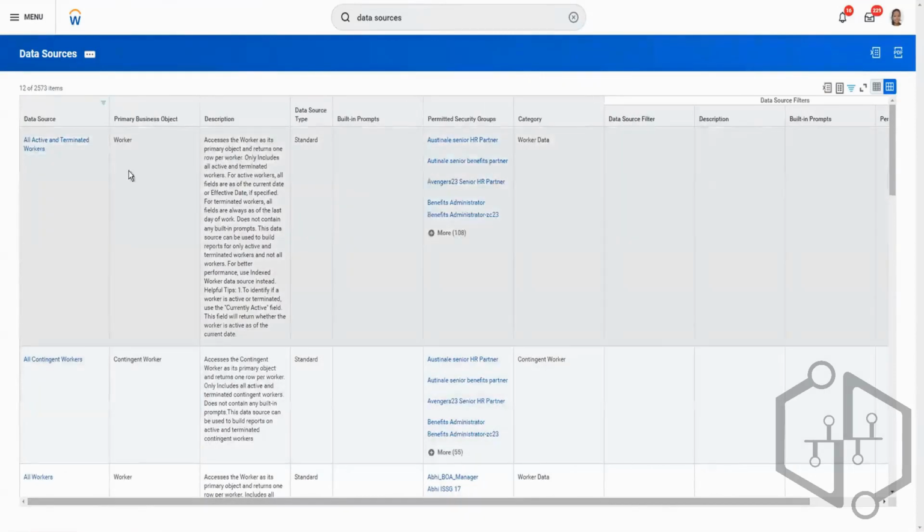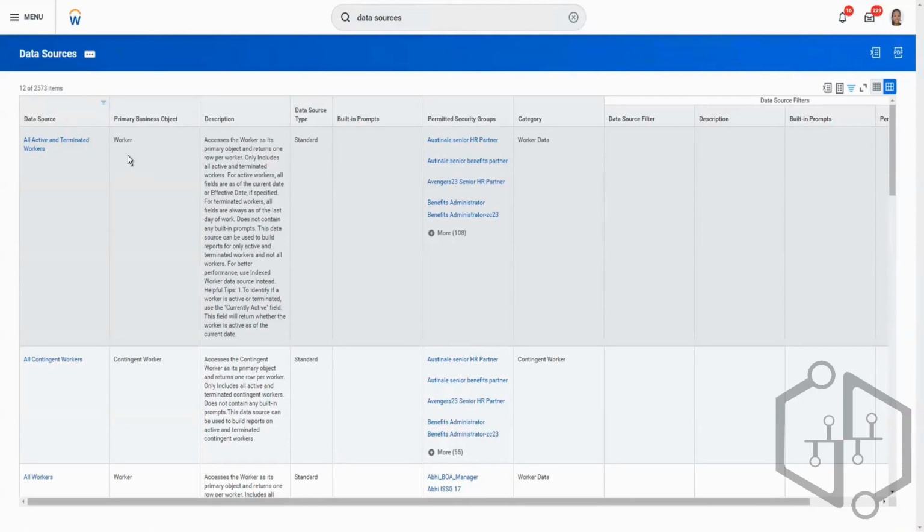So your primary business object is one in terms of your data source, and then you have a secondary business object which is related to it. A secondary business object is like another table, and you have a foreign key in between when querying two tables. Let's say dependents, we are calling it another record, and the worker, we are calling it the primary record. So if you want some related information like dependents' detailed information, then that will not be held with the worker business object. So if you need to get some data, there will be some foreign key